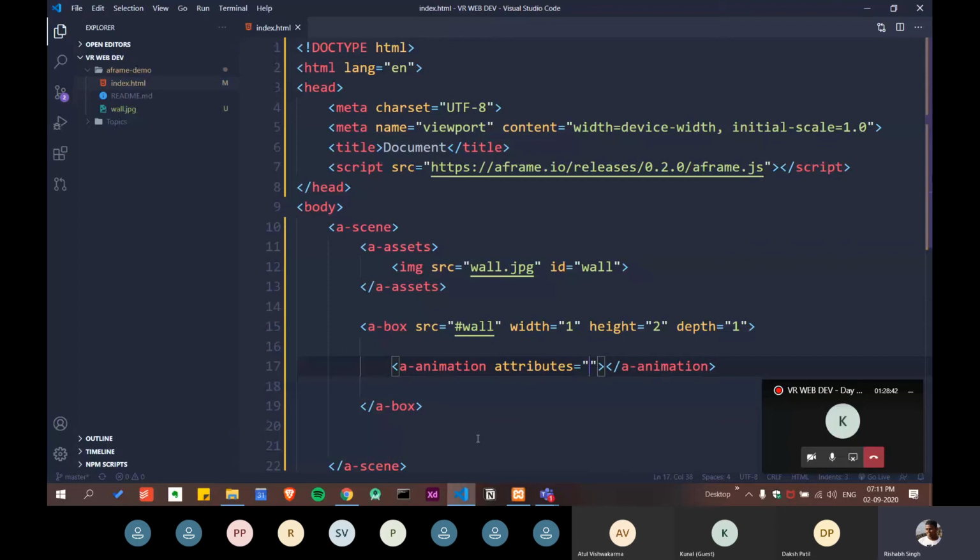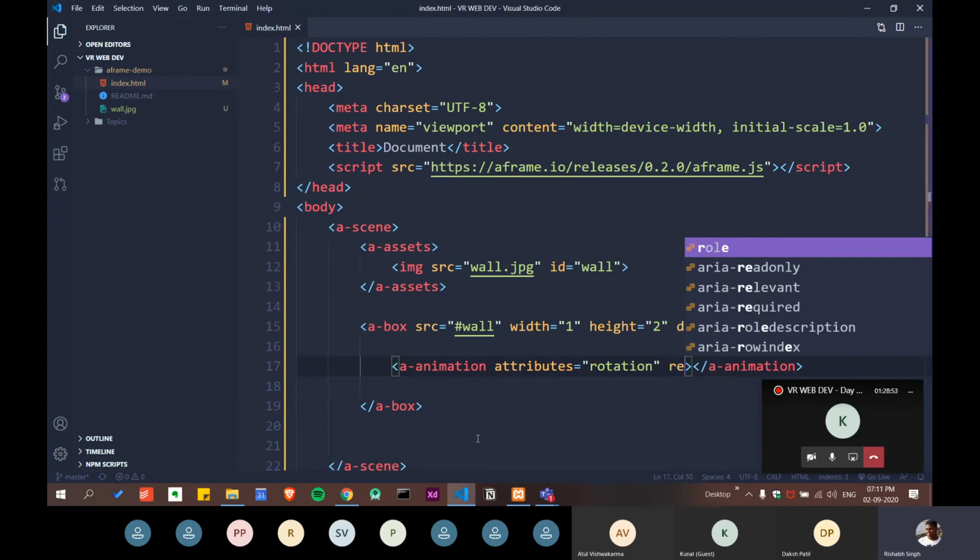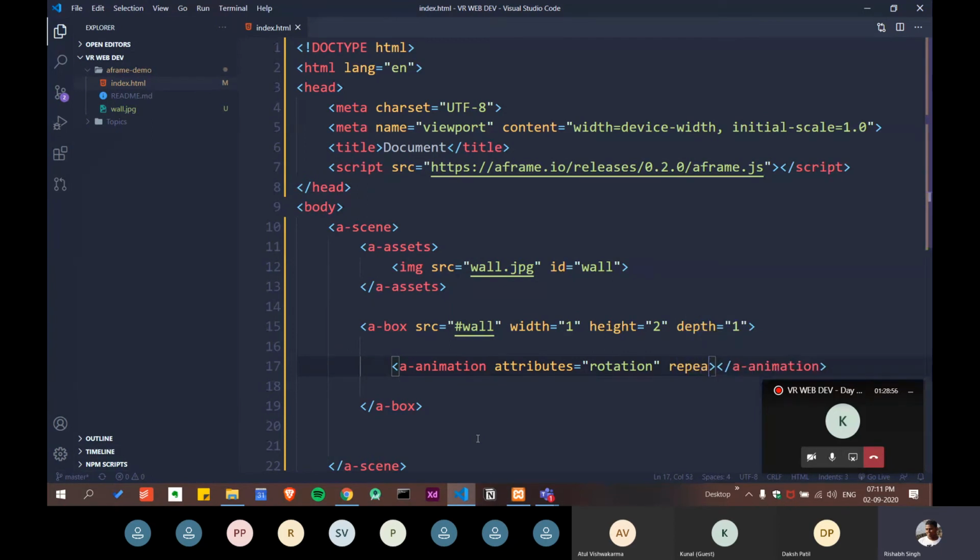Let's give it a rotation. And the next one, for when you want it to stop, is repeat. Okay, so for now let's make it infinite so we can see properly how it works.